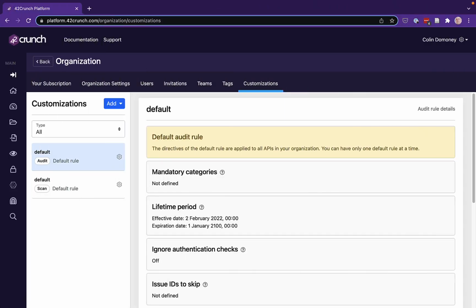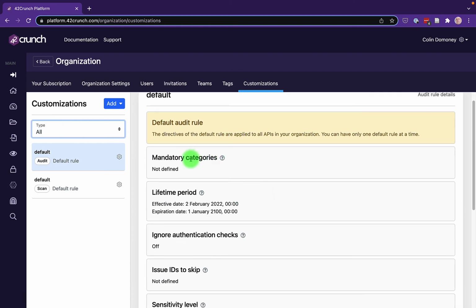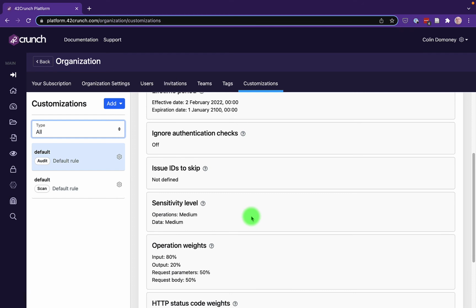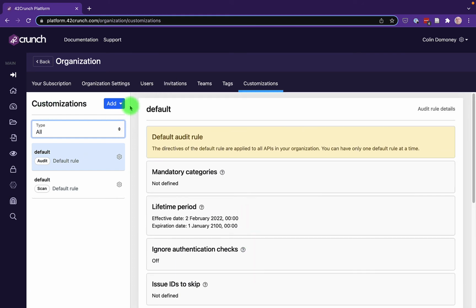Finally, we're going to look at the default rules that we have. So if we go onto the platform, we have a look at customizations. Just a quick reminder of what customizations are. These allow you to create a custom set of rules on the platform. And we can see an example here where we can set categories, we can ignore authentication checks, we can skip individual IDs, we can set sensitivity, various factors. We can create these for audit, so that's the code audit,